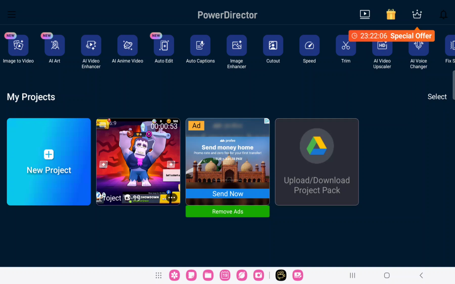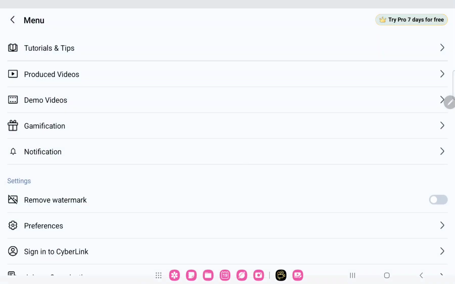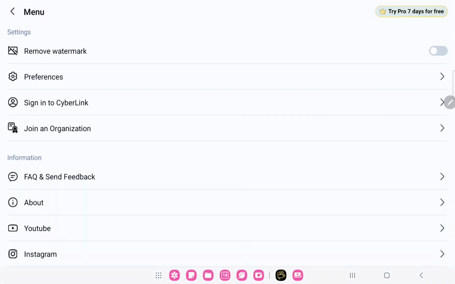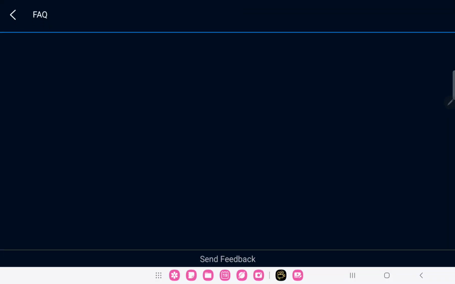First of all, open the application on your device. So that's the home screen, and you can find different buttons. You just click the three lines at the upper right corner of the home screen, and in the information section you can find the first option, the frequently asked questions and send feedback. Click that,